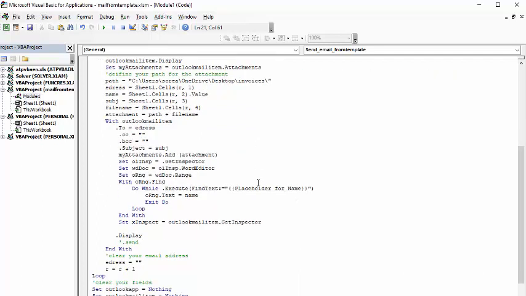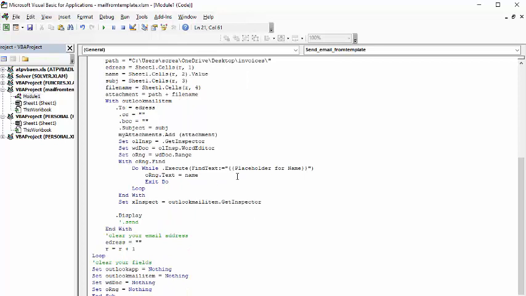Now to fill in the name in the hello, so I want Barb in there or Fred in there or Mickey in there. So I go Outlook Inspector, get Inspector, Word Document, Outlook Inspector, Word Editor, set oRng as Word Doc Range. And so somewhere on your template you have to have a placeholder for the name, and it's looking for those exact words. And then when it finds that, it's going to replace oRng text with name, so whatever name you have in your sheet, and then it's going to exit the do when it finds the name, and then